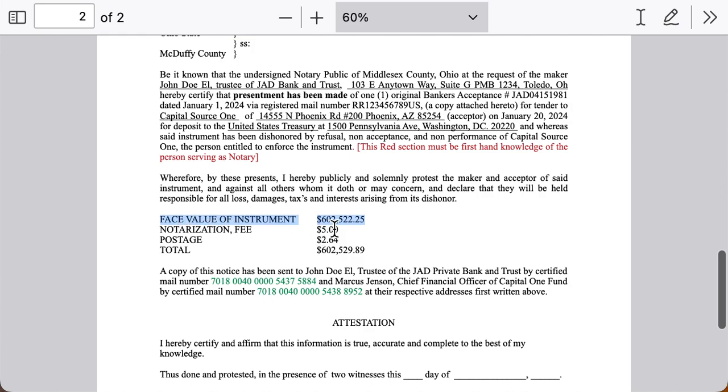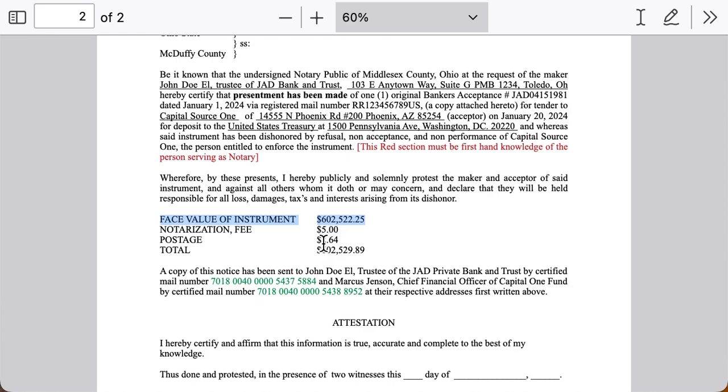The notarization fee, make sure you know the maximum amount that a notary can charge for any particular notary act or notary service. You don't want to invalidate your certificate of protest by having a value on here, and then somebody says, well, the notary couldn't have legally charged that because the law doesn't give the notary the authority to charge $15. So just make sure that you're familiar with those.